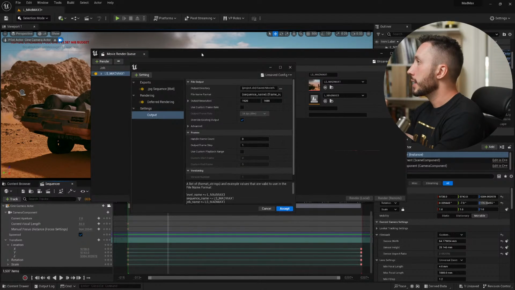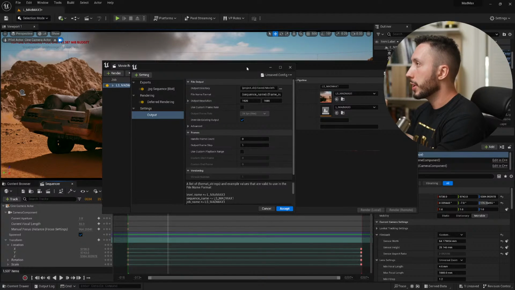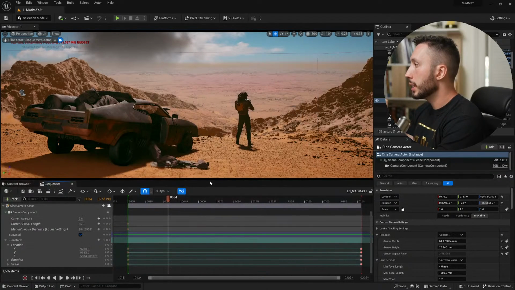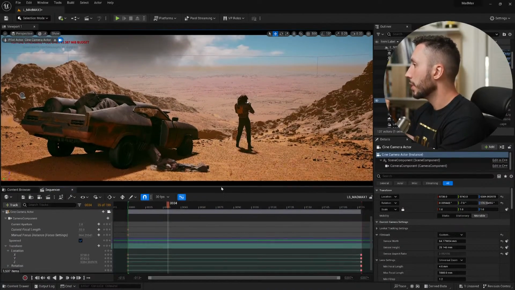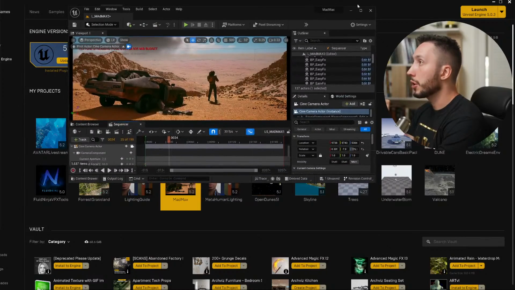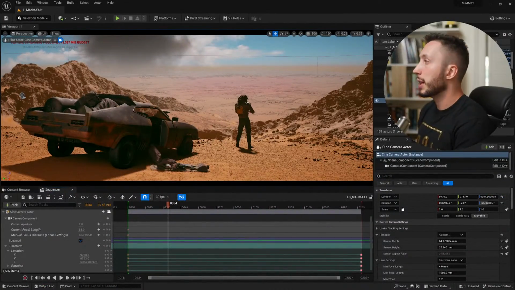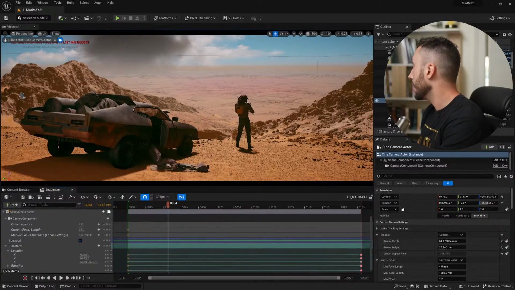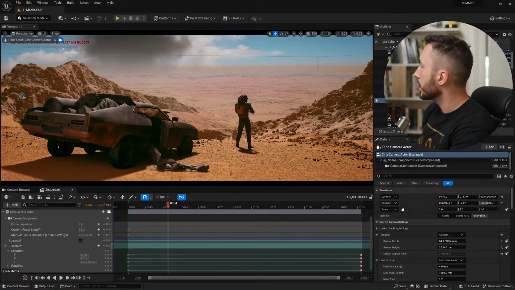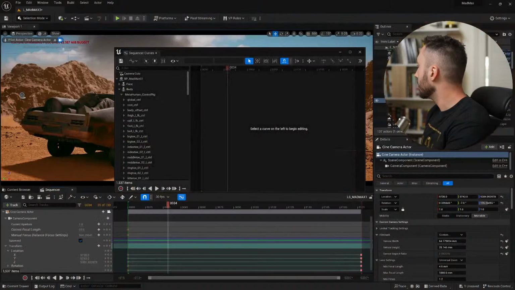This is an ultra wide format, so I need to adjust my resolution to match. You can see here, if I expand my sequencer, I'm using this ultra wide frame, which is also called CinemaScope. And CinemaScope has a very particular reference. I'm going to be rendering this in 4K, so I need the 4K version of that, which is 4096 by 1716. So I'm going to come over to my render settings